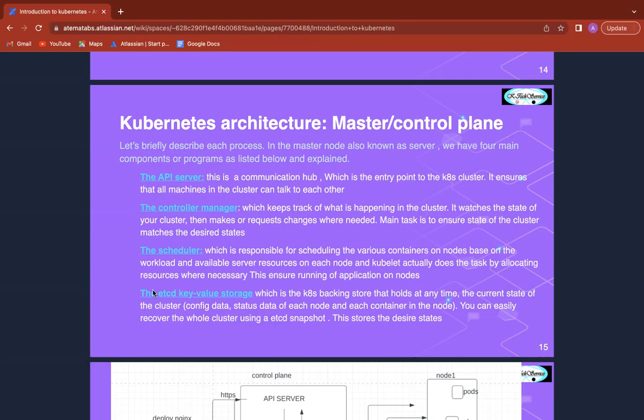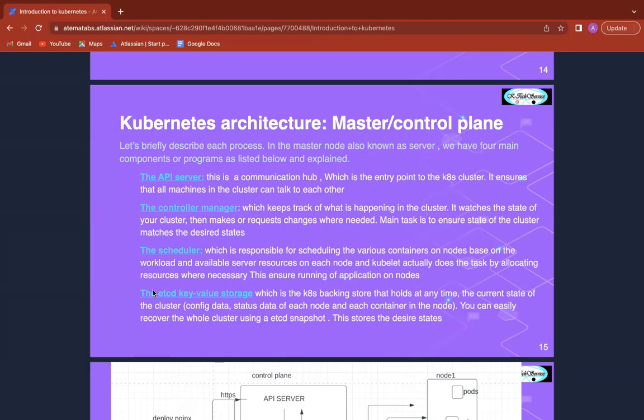When I talk of state, I mean, let's say that the cluster is short of some resources like the CPU, like the memory. The control manager is on alert, so that if there is any shortage as far as CPU is concerned, it talks to the API server to see how the resources